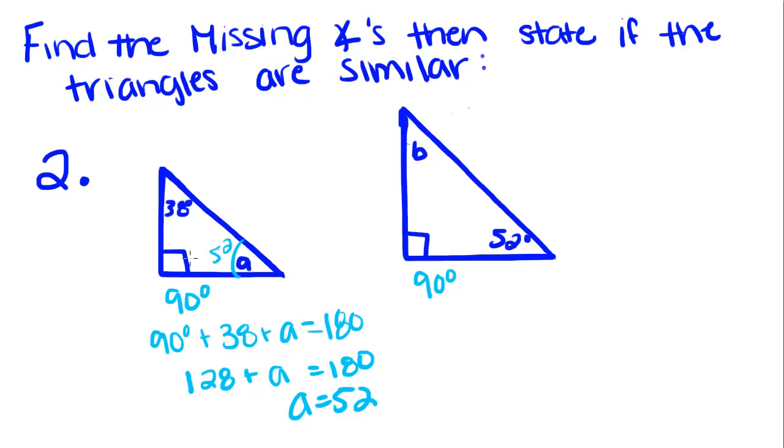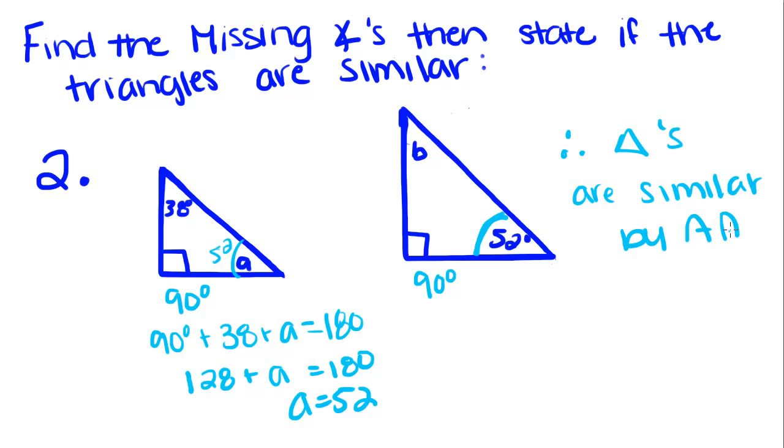So since we know that this is a right angle and this is a right angle, that means that these two angles are congruent because all right angles are congruent to one another. And we know that this is 52 degrees and this is 52 degrees. So we can say, therefore, the triangles are similar by angle, angle. But we're going to check this one just for some extra practice,